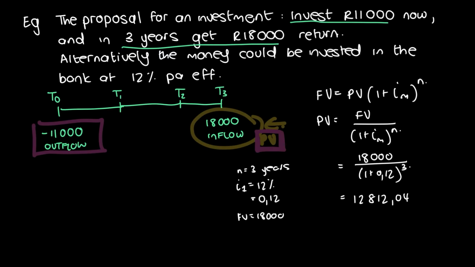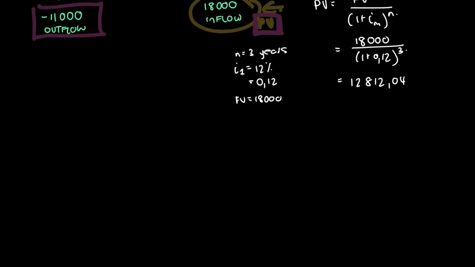So that's what the net present value is actually going to be doing for us. It's going to be doing this calculation and working it out in the background for us, and giving us the answer via the net present value, which is a formula. And the formula is NPV. Let's just write this down. NPV is equal to